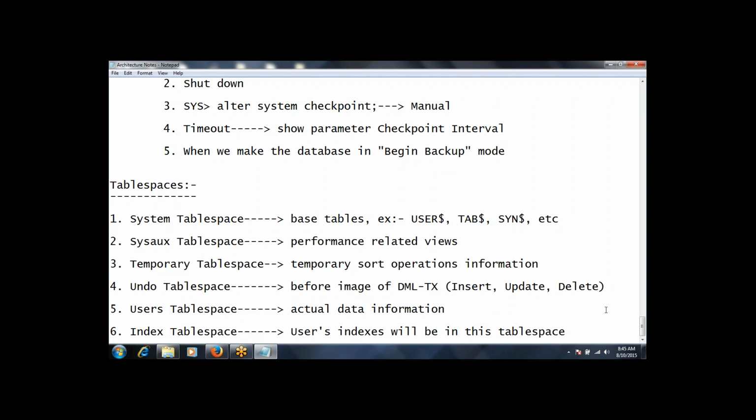And the undo tablespace will contain the before image of your transactional SQL commands like insert, update, delete, or in other terms we can call them DML transactions. TX means transactions. For our understanding, I kept it like this. In simple English, before image of DML transactions. Say for example, there is a user called Peter whose salary is 5,000 US dollars.